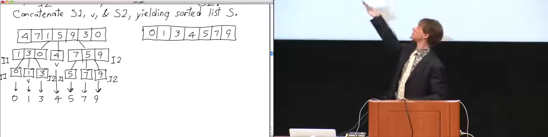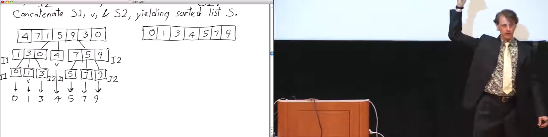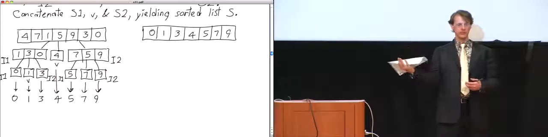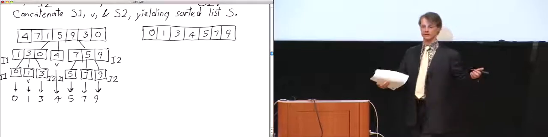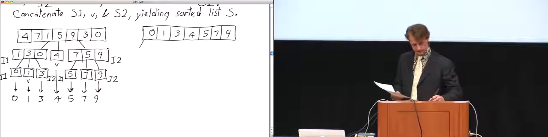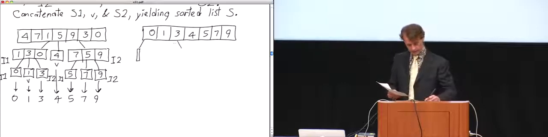So here what happens, well, we pick the first item to be the pivot, and that's a 0. So now we take all the keys that are less than 0 and put them on the left-hand side, take all the keys that are greater than 0, put them on the right-hand side. Well, all the keys that are less than 0, there aren't any, so we get a subarray of length 0 on the left. All the keys that are greater than 0, well, that's everything except the pivot.